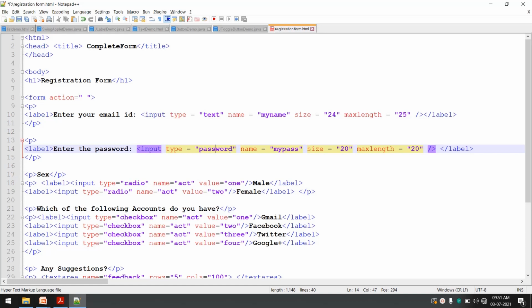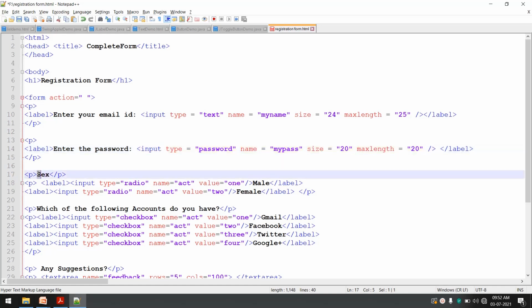That is the use of password. Whenever you want to read a password from a user, instead of using a text widget, you always use a password widget, so that whatever the user enters in that field is not visible to others. Again it has similar attributes: name, size, max length.